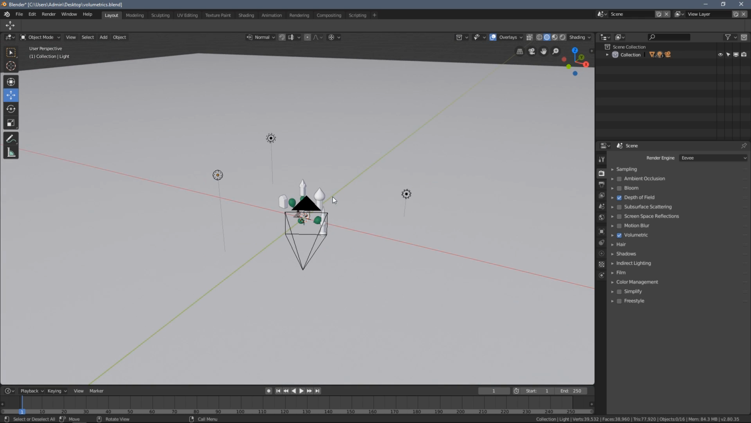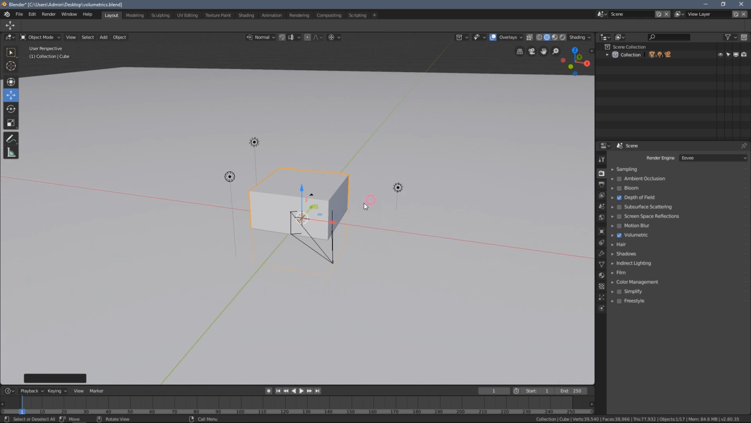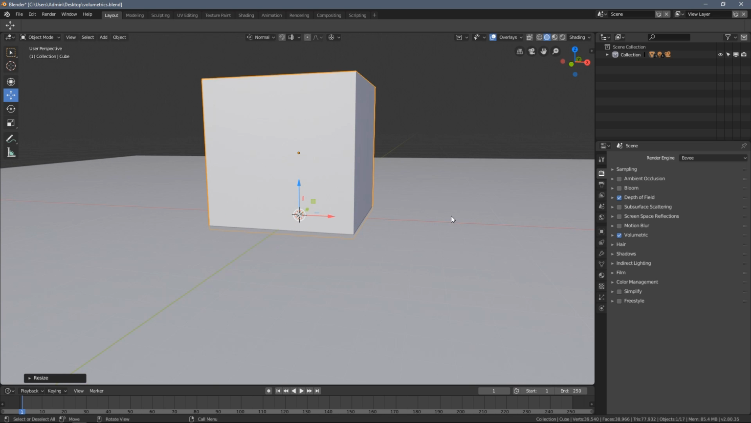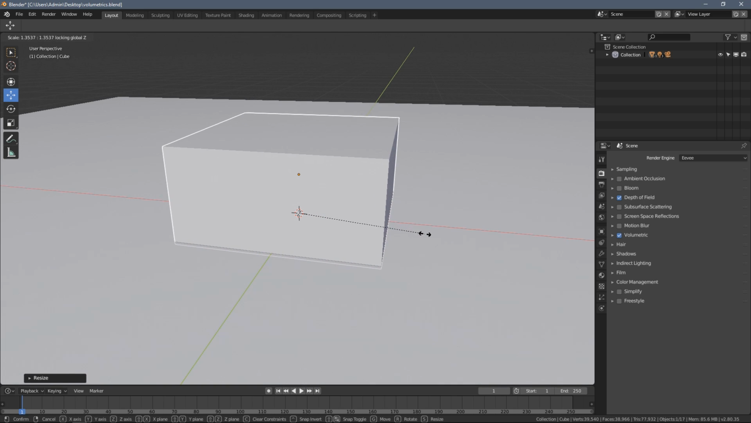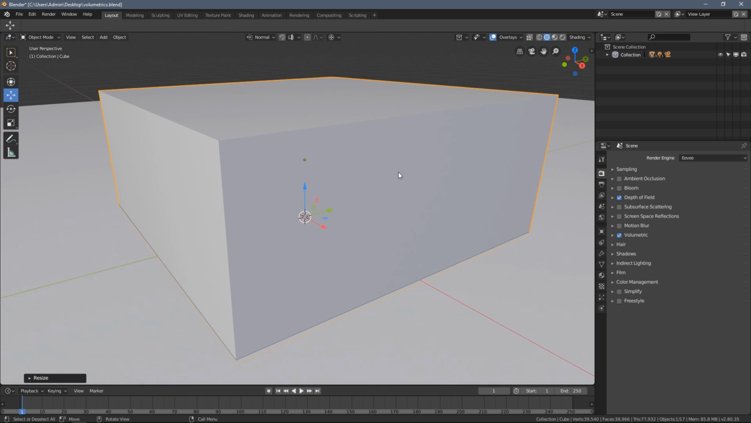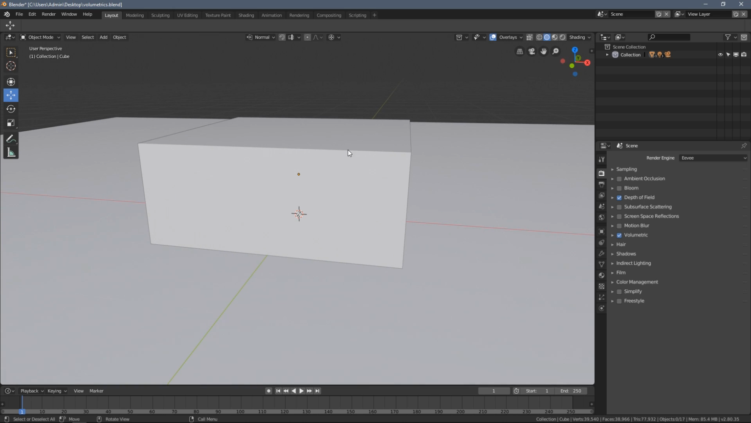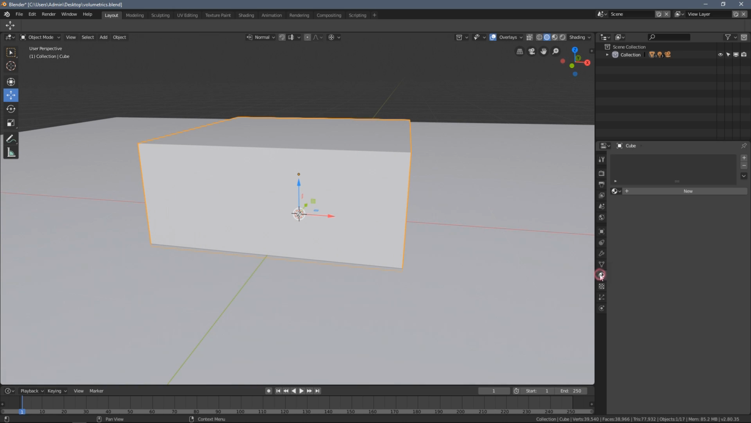To create volumetrics, you just need to add a cube, basically the simplest object there is. Scale it up a little bit so it covers all of the light sources, and then enable volumetrics here in the render settings. And finally, you have to create a volumetrics shader. So just click new here,